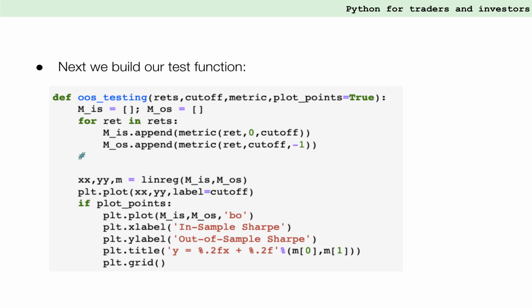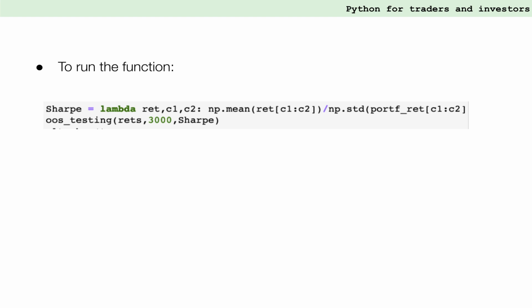Now we can build our test function. In it, we split our data into in-sample and out-of-sample, and then apply a metric function to both. This metric function could be the calculation of the total profit, daily P&L, or any other metric. In our case, we chose the Sharpe ratio, and we see later how to pass it into the strategy. We then plot the linear regression line and the data points as seen in the previous plots. To run the function, we need to specify our metric, which we do here in the form of a lambda